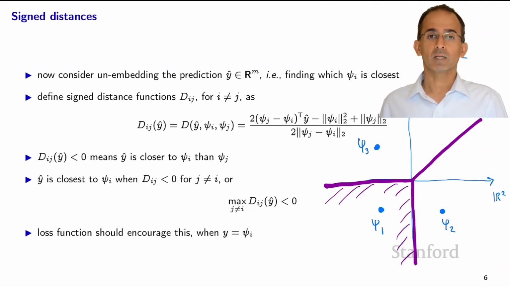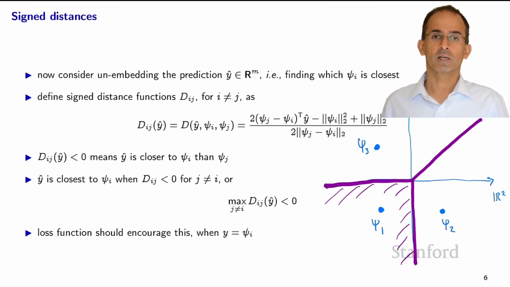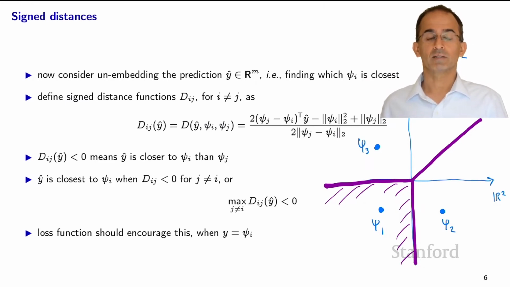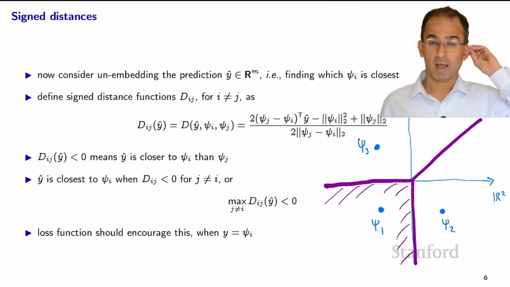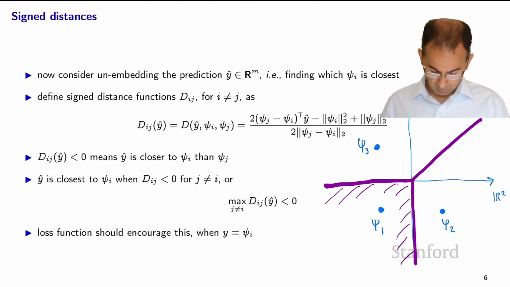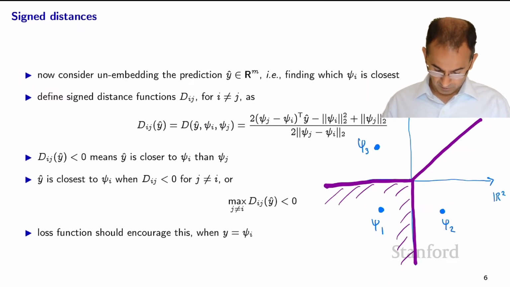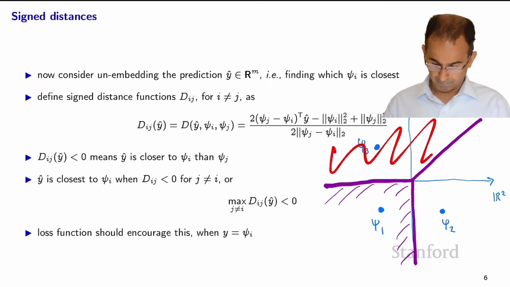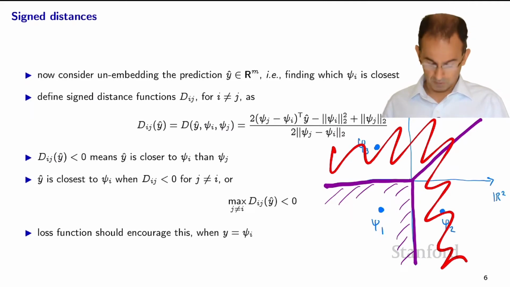And so what we'd like is to have a loss function which encourages y hat to lie within that region when y is equal to psi 1. We can imagine such a loss function. Here's what it would be. It would be 0 if y hat lies in that region, and 1 elsewhere. It would be 1 here, and 0